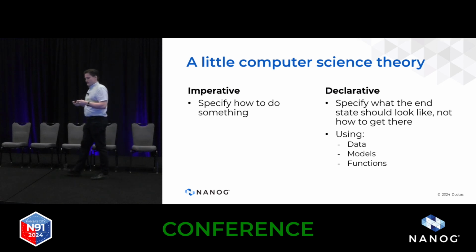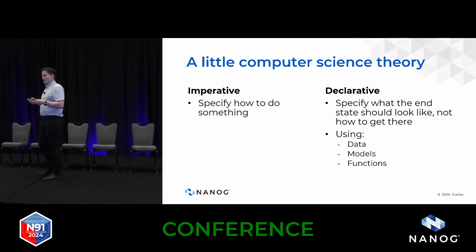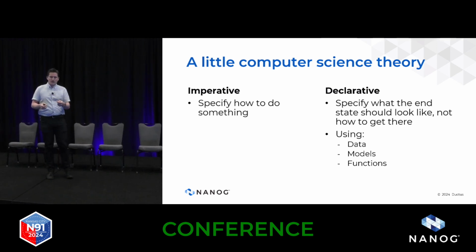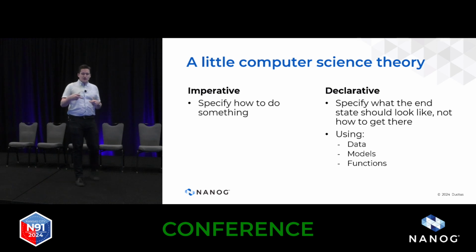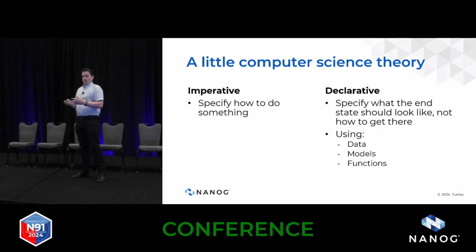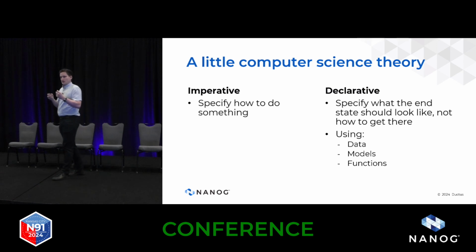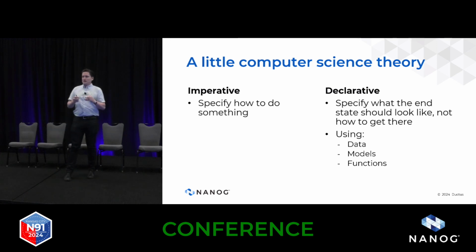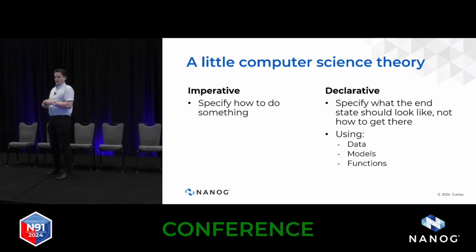Now, in a declarative system for our network, we want to do the same thing. We want to define a language for our network that uses data, models, and functions in order to allow us to unambiguously control our network and have the system be responsible for actually making the change. Which means that all the parts of the control that we don't really care about from the use of a service, those can be handled by the system. We're not thinking about those resources.